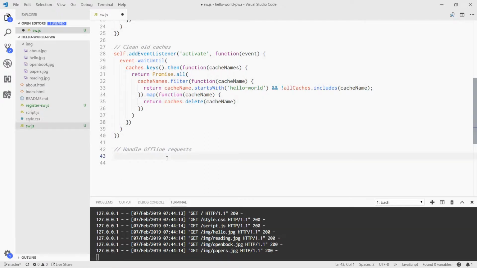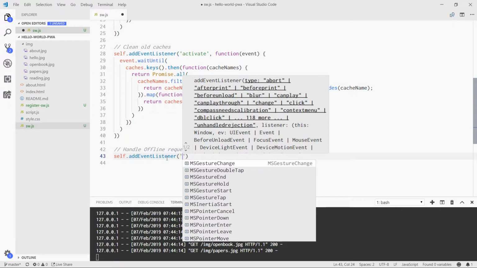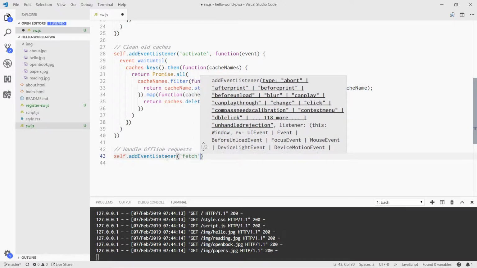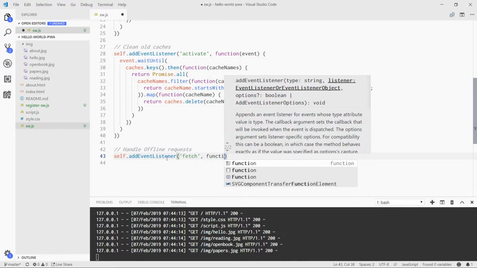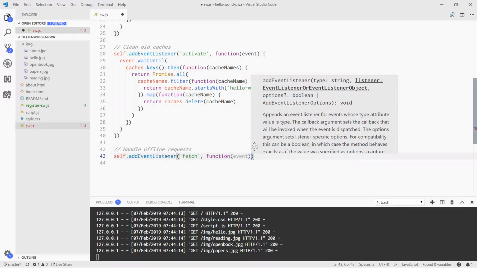So now we need to tell the service worker to deal with events when it is offline. So what we are going to do is add an event listener, and we are going to ask it to listen to fetch requests. We're going to pass it a function with that event,